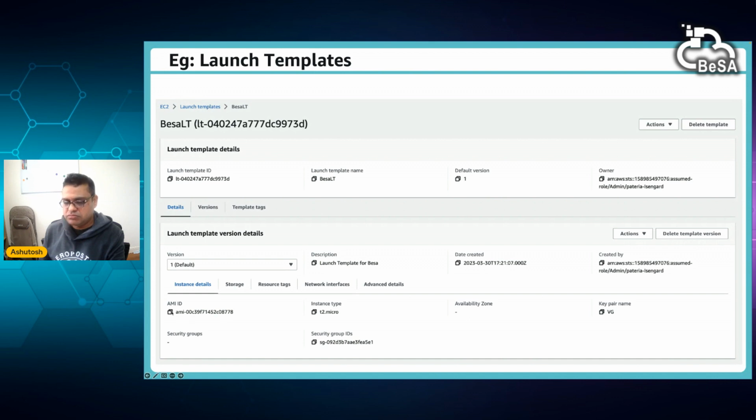So I took Amazon Linux AMI. Then security group. Somehow it does not show availability zone and all, but you can select everything, right? And then you can refer to this launch template in your auto scaling, and all the EC2s will use this. Okay, so I just wanted to show this.